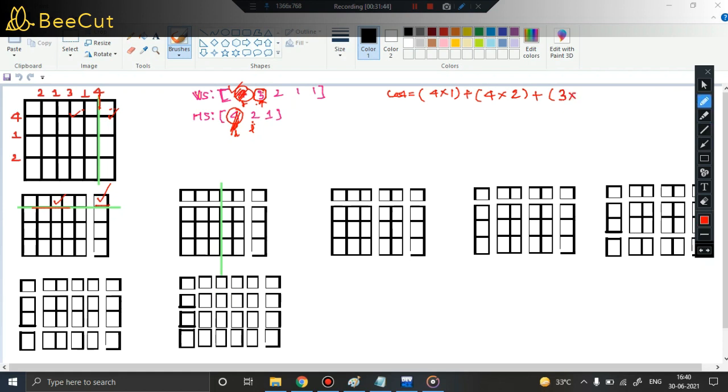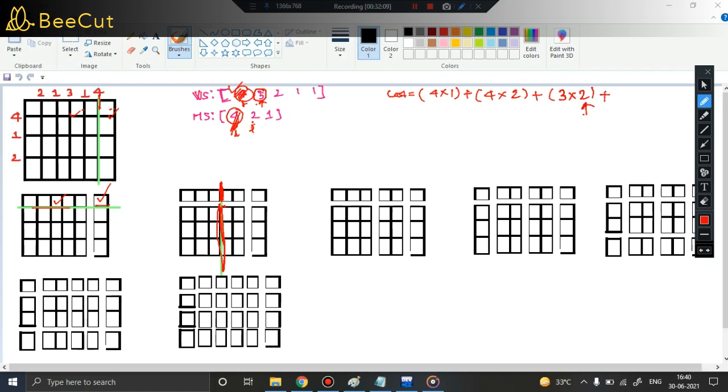When you perform a cut along this, we include the cost, that is 3 into how many parts there are, since I am performing a vertical cut. How many parts are present along the vertical axis? One part is this, the second part is this. 2 parts, right? Remember previously we performed a horizontal cut, so the number of parts along the vertical increased. So this and this, so 3 into 2. This is kept track of by the variable var part.